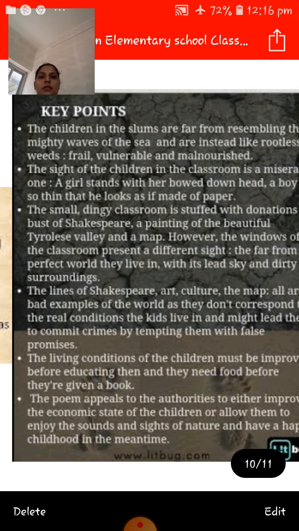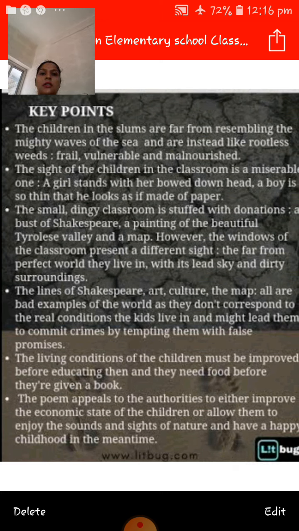So students, let's read the key points of the poem. The children in the slums are far from resembling the mighty waves of the sea and are instead like rootless weeds, frail, vulnerable, and malnourished. I have already told you that the condition of children in the classroom is miserable. One girl stands with her bowed head, a boy is so thin that he looks as if made of paper. Such children are so malnourished that their bones are coming out of their skin. The small dingy classroom is stuffed with a donated bust of Shakespeare, a painting of a beautiful tree-lined valley